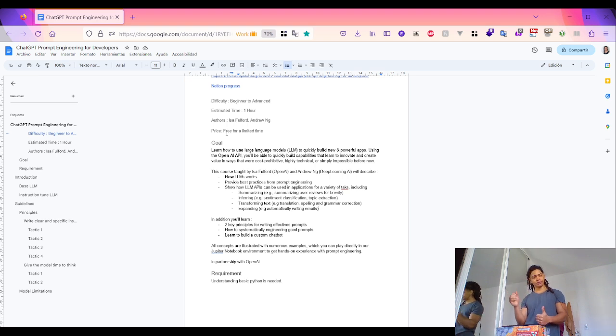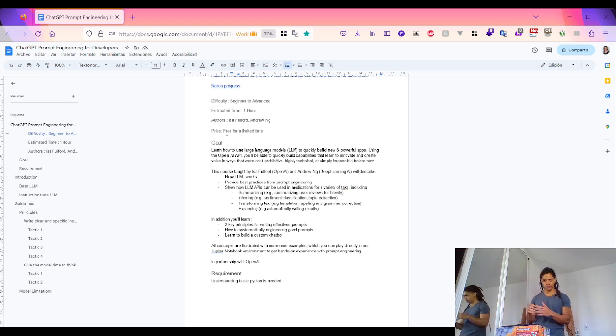The most common use cases are summarizing, for example summarizing user reviews for brevity, inferring, like sentiment classification and topic extraction, transforming, like translations, spelling and grammar corrections, and expanding,